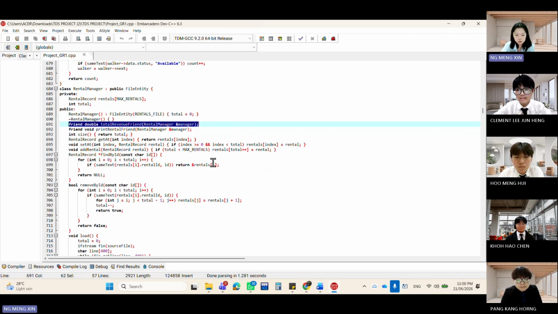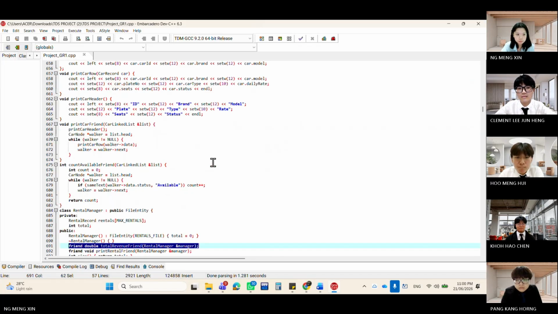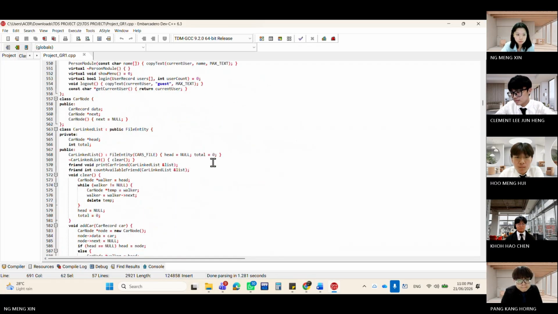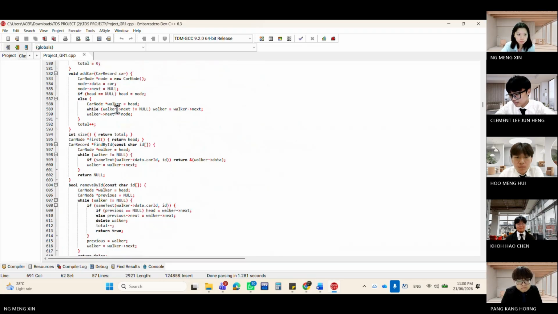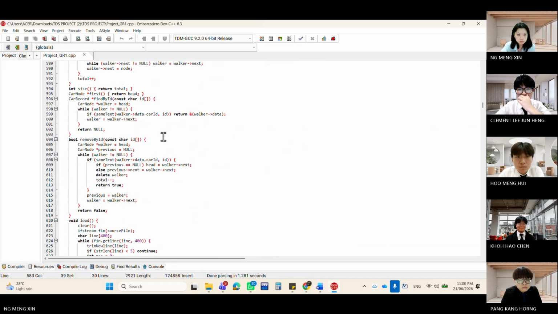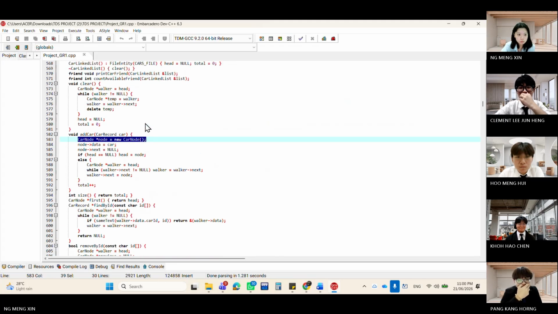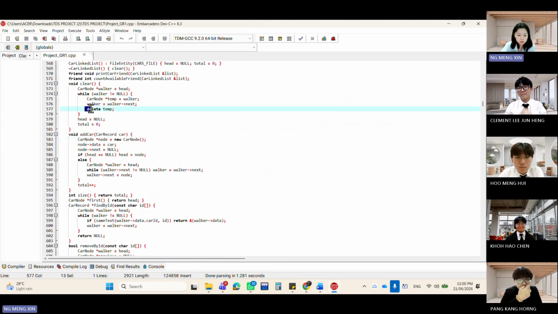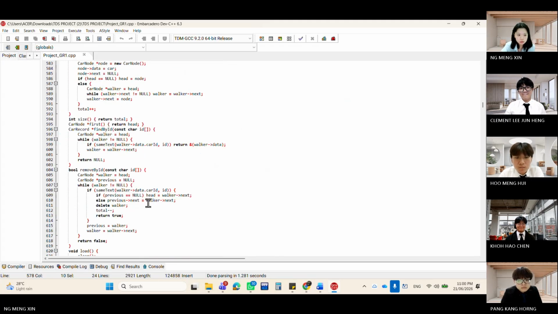The next one is dynamic memory allocation. So it's this one, this one, and this one.